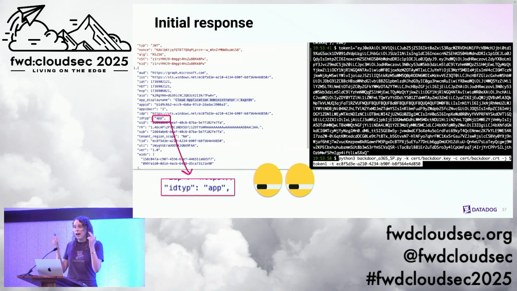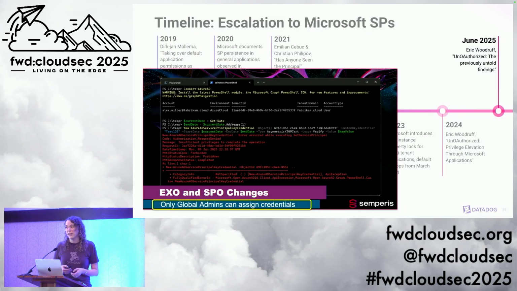work. In my mind, there wasn't any big difference between how an Entra ID role would be processed for an application identity versus user. We're not talking about app permissions here, we're talking about Entra roles. I was banging my head against a wall until Eric released some more research on this and mentioned that after some of the work he had done with MSRC, they mentioned that only global admins can assign credentials to that Office 365 Exchange Online service principal now.